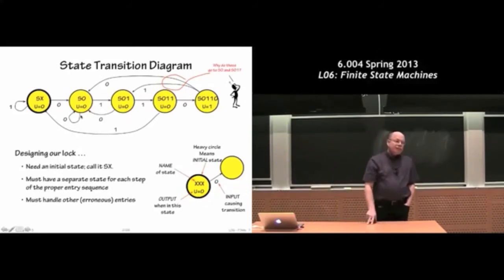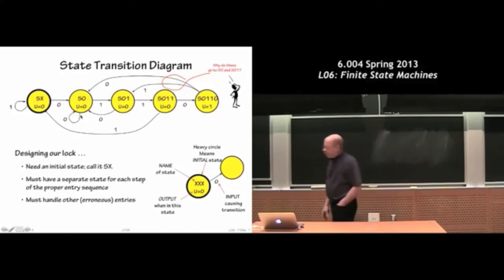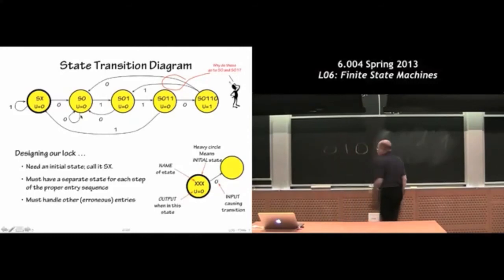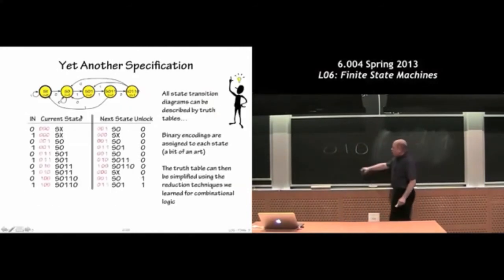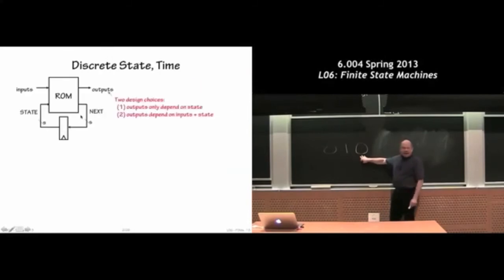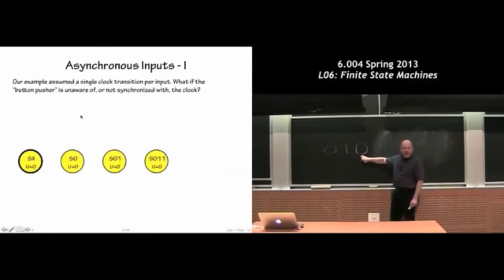Yeah? That state represents you've seen 1, 0, and if you type 0, 1, 0, ignore the first 2 digits and say, oh, well, okay. Right. So this is clearly a mistake here. So what you're saying is that this is actually